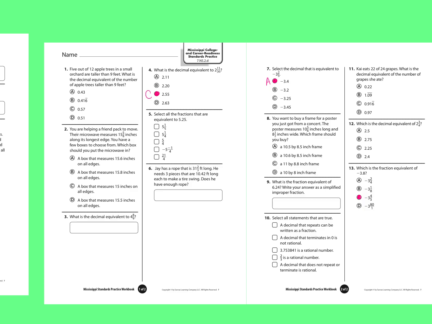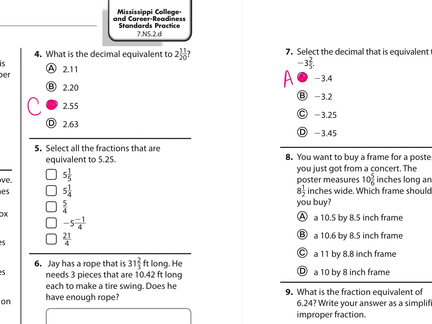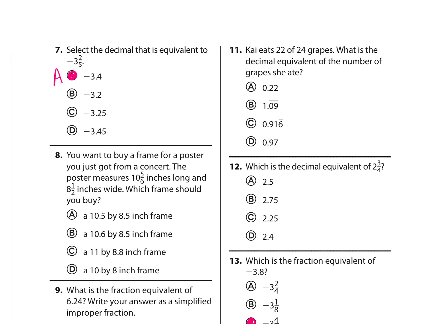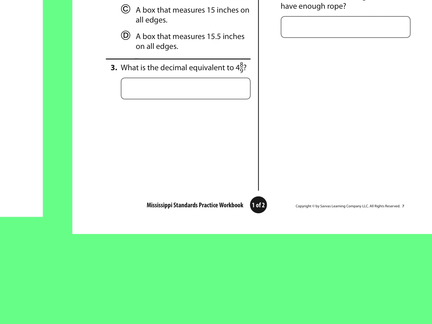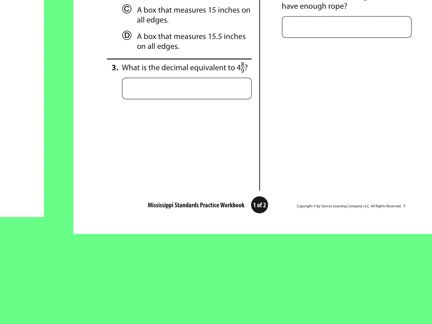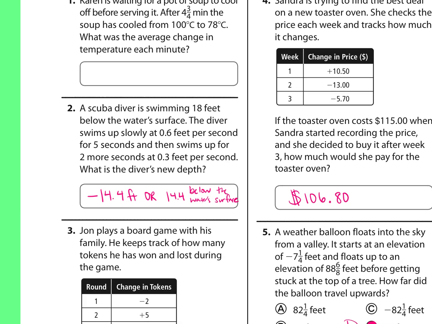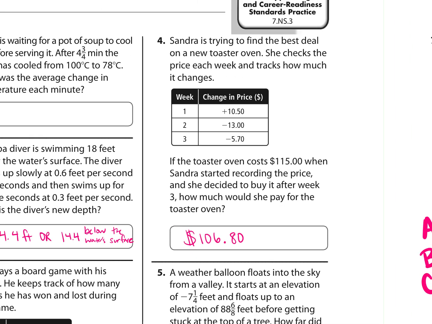NS2D, number 4 was C. Number 7 was A. And number 13 was C. And then NS3, number 2 was -14.4 feet, and you could write that as 14.4 feet below the water surface. Number 4 was